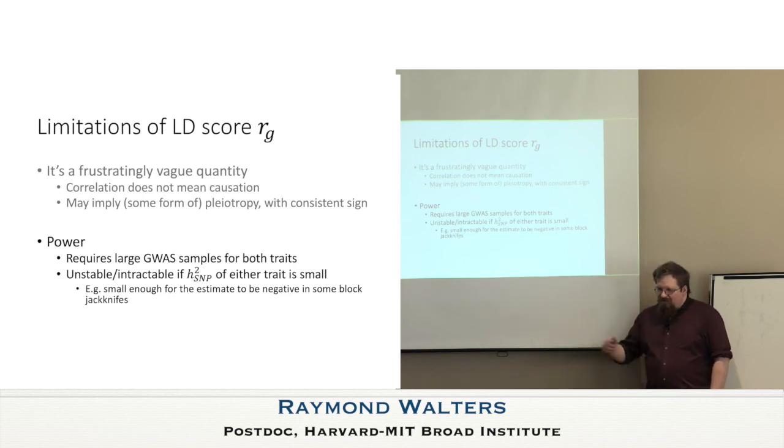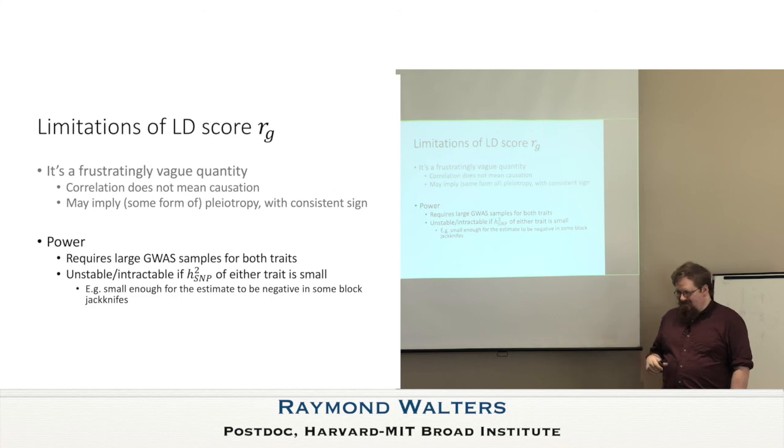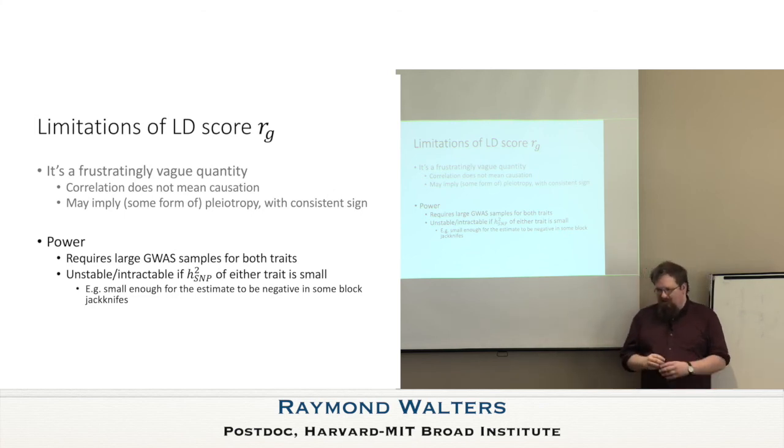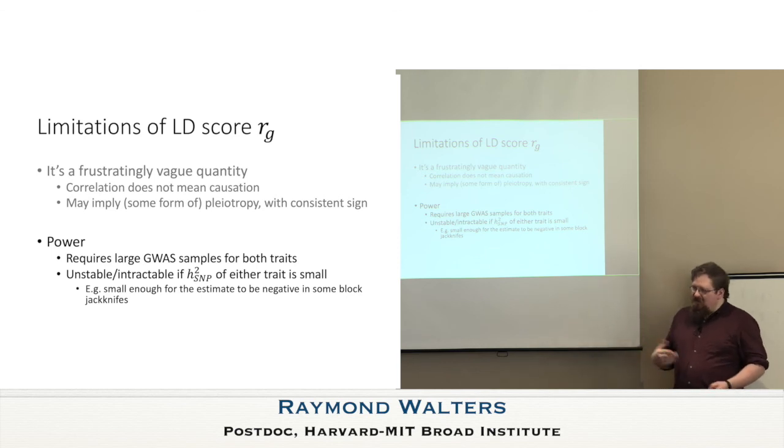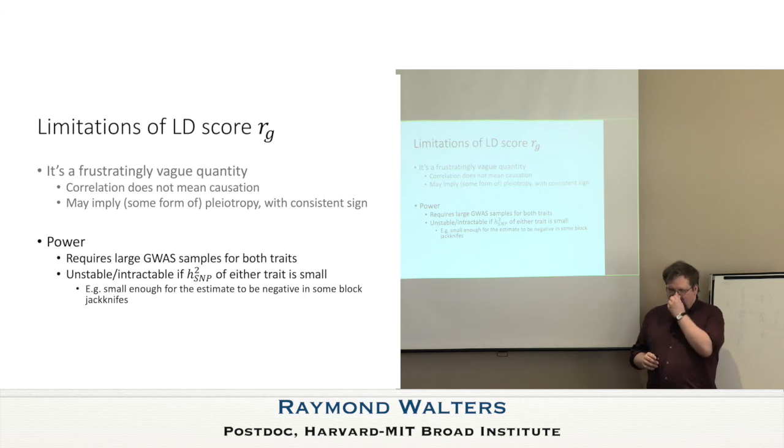The other practical challenge is that, as with all things, and especially bad in the LD score context, we are subject to the power of the two GWASs for our ability to get to any useful statement about the two traits here, and we're subject to that block jackknife structure that if, again,